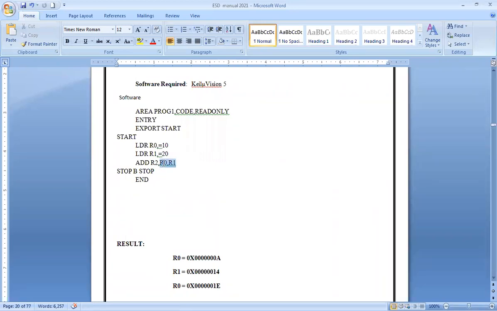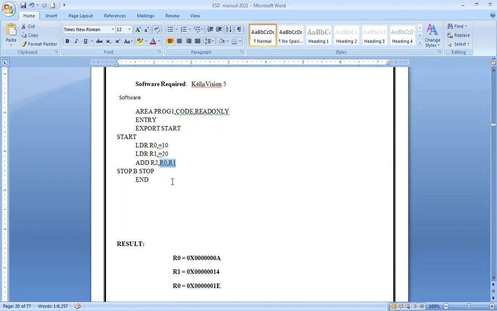R1 and R0 are added, and the result is stored in R2. This side is your destination, this is your source, and this is the operation to be performed between these two registers.